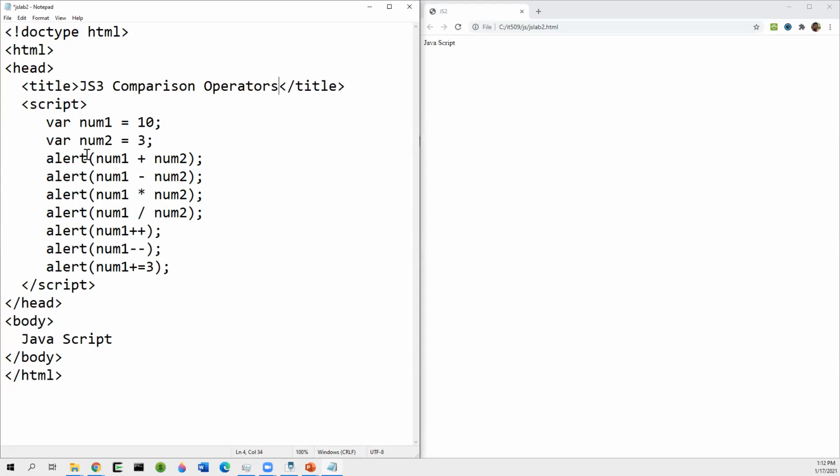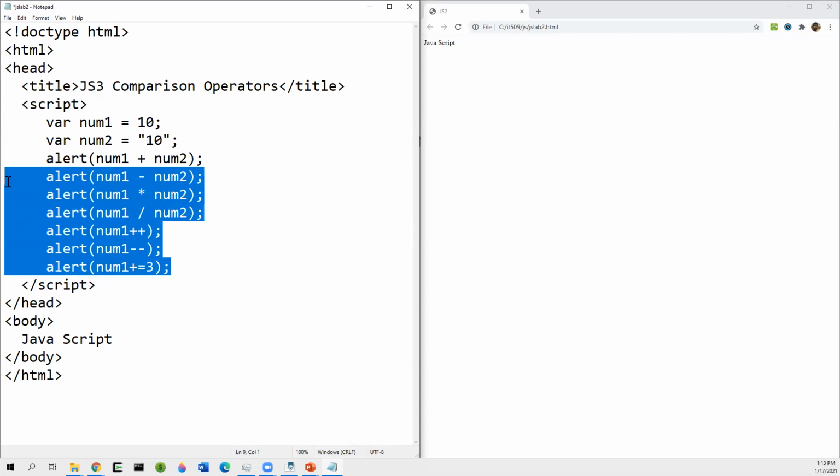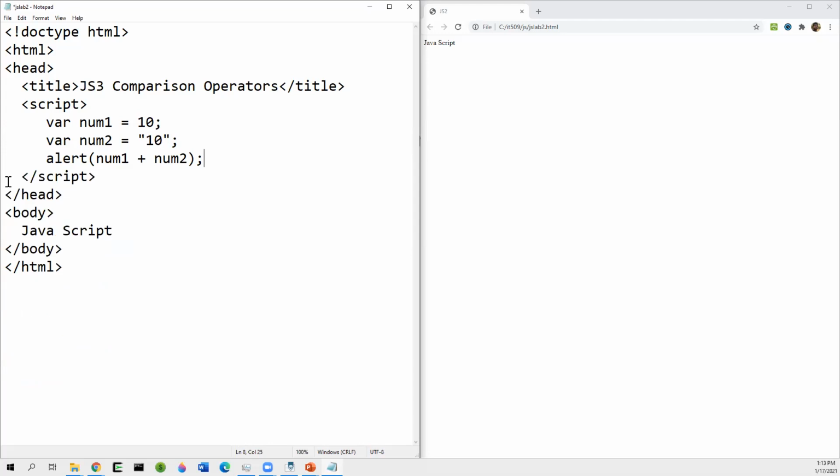So let's use two values. The second one, I will put 10. What if you compare the two, right? So let me check these two by typing two equal signs like this,